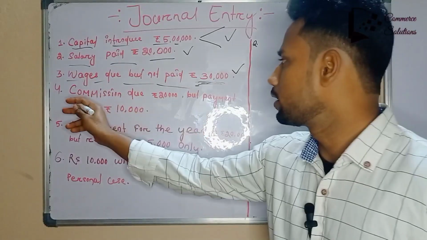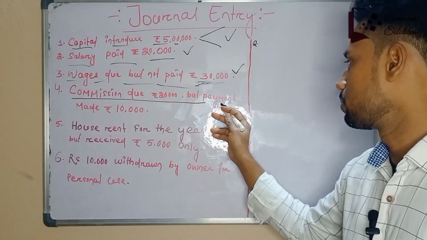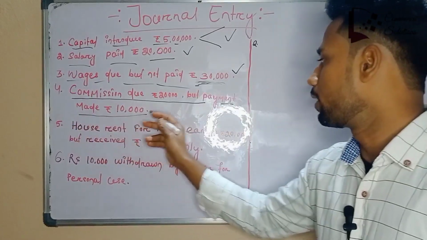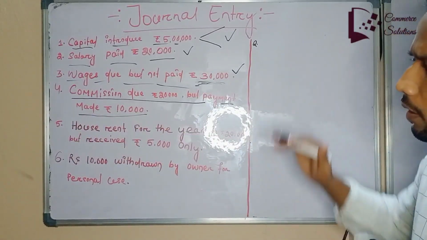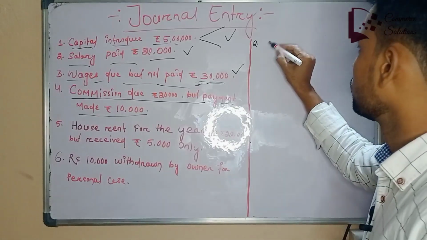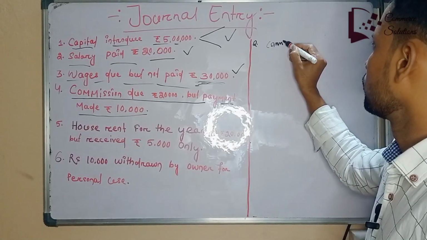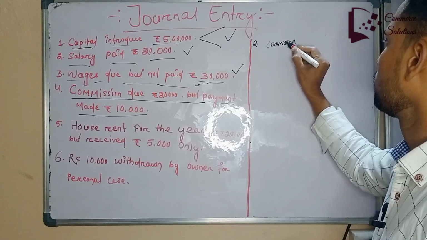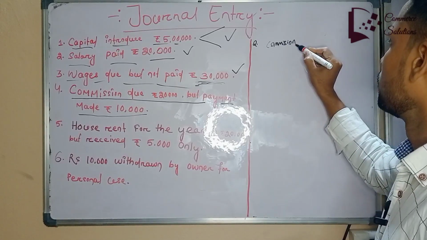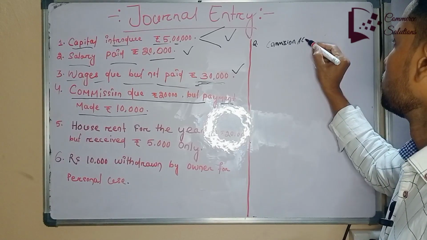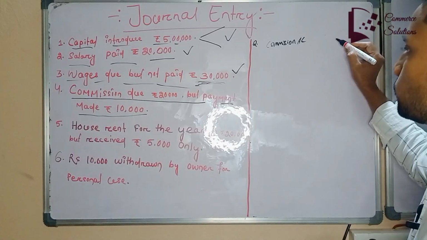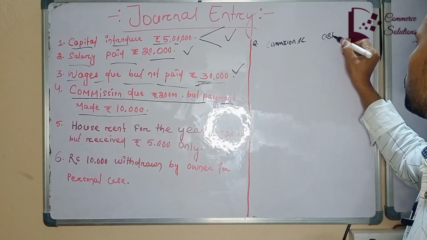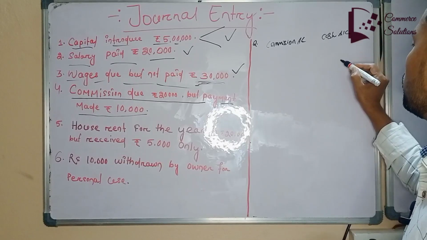Here this transaction is containing three accounts. One is commission account. Another is cash account. Another is